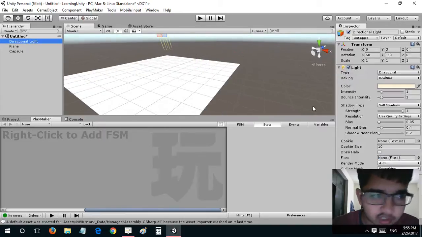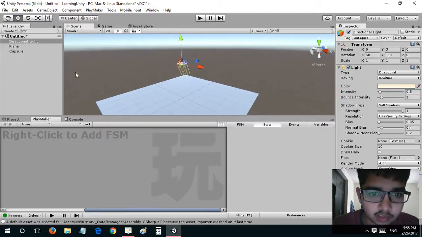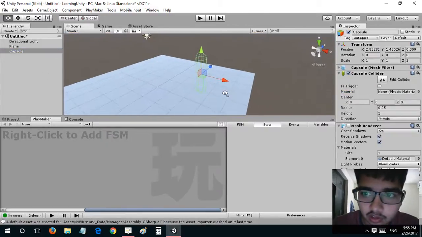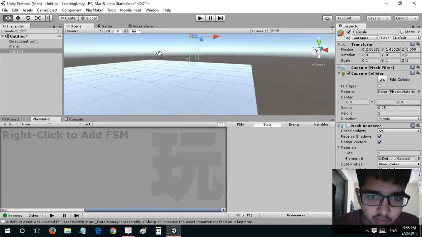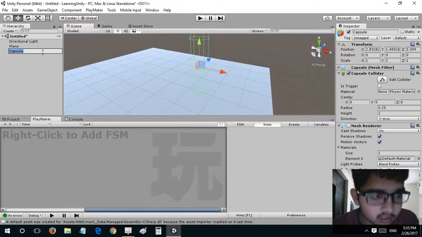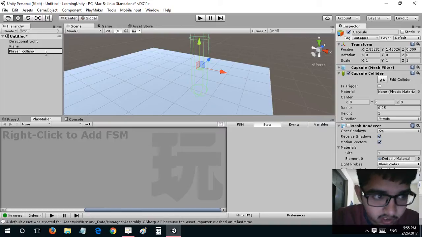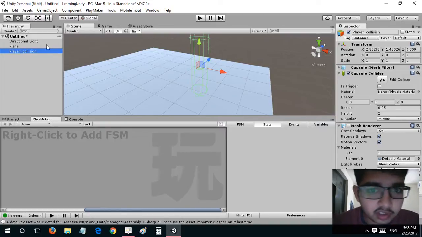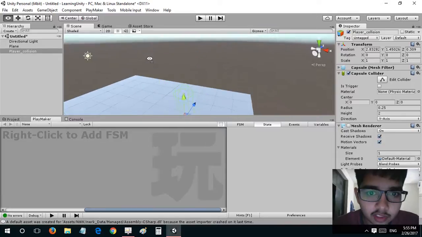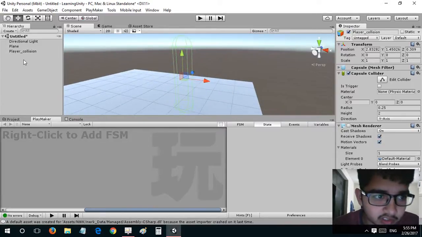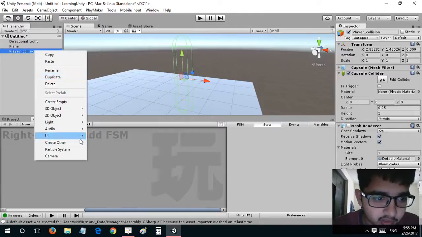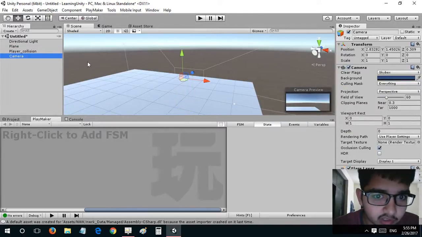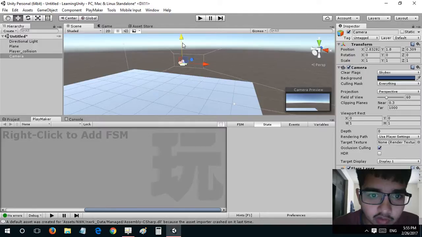Yeah, I'll just turn the directional light a little bit off. Now we can actually see the bounding box of the capsule. I'll just name this player underscore collision box, or just say collision, and this will be our player's collision, and we will create a camera inside this and bring it out, and then we would just go up,